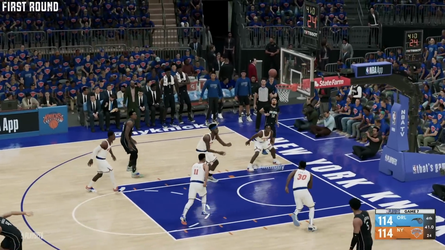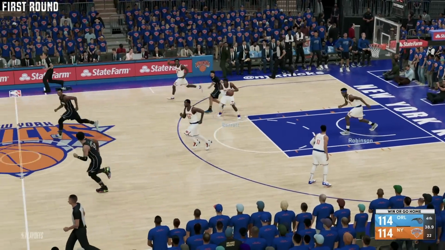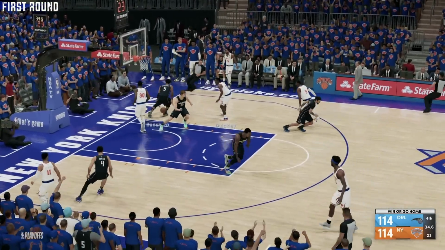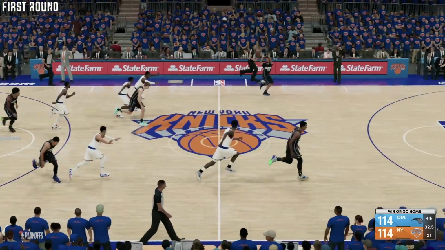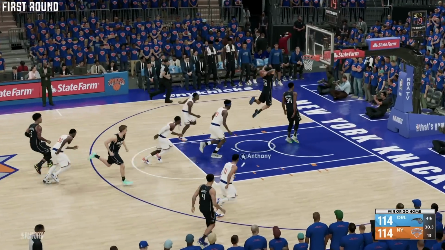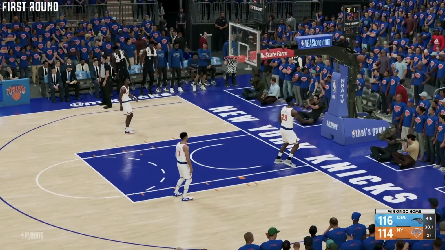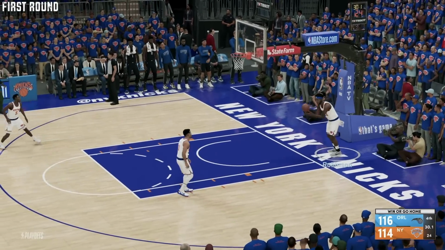It is the Orlando Magic versus the Knicks as Anthony's shot is no good. 39 seconds to go. We are tied at 114. Winner moves on, and the ball is stolen by the rookie Banchero. On the break on the Magic. Here's Anthony, throws it down, and he gives the Magic the lead. Oh my goodness, how things can change so quickly.